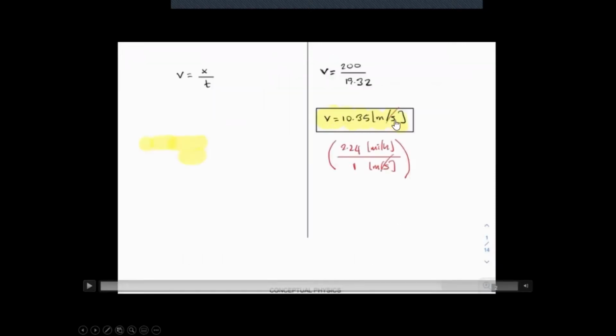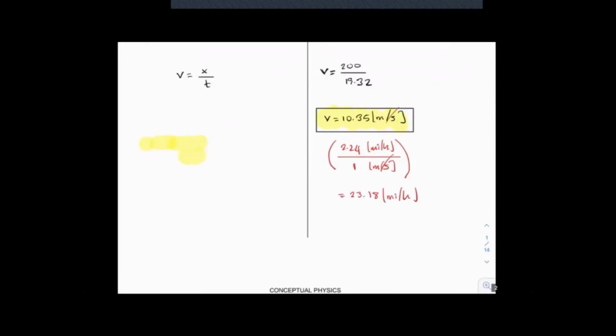You come up with a number in terms of meters per second, and then convert it to miles per hour. Immediately, something pops up. You go, oh, these guys are running over 23 miles per hour, and it doesn't seem that fast, right? Because you guys are used to driving. Try to run at that speed. Check to see if you can get up to 20. And I can tell you that unless you're a sprinter, you cannot get up to 20 miles per hour, guys. Maybe less than 1,000 people can run at that speed, around 20 miles per hour.